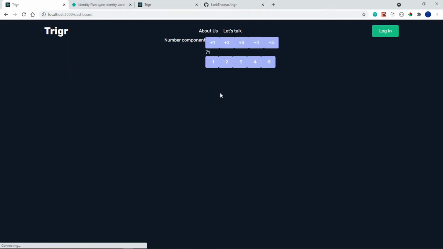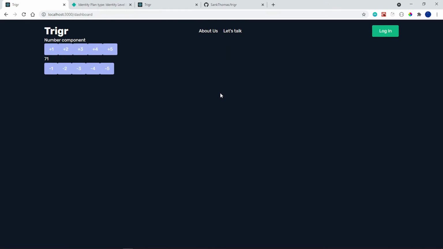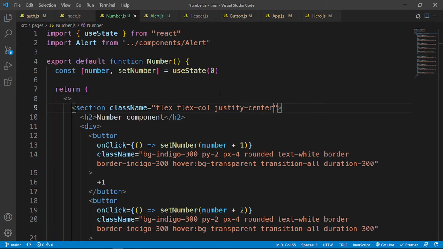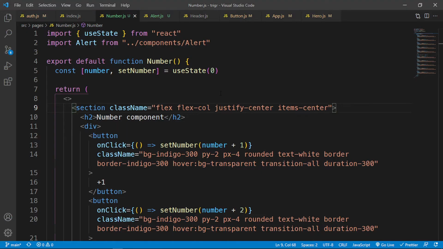So move it to the center. There we go. And then of course flex column to align them in column form. Flex column. Really? Okay, then that means we need to say items center as well. Okay, let's say margin top of 20. Push it downwards. Fantastic. Actually, no, let's say margin top of 10, and then for large screens, margin top